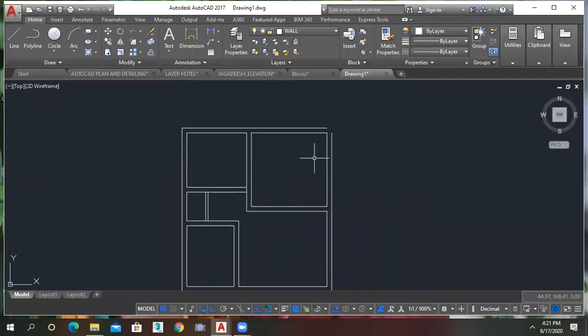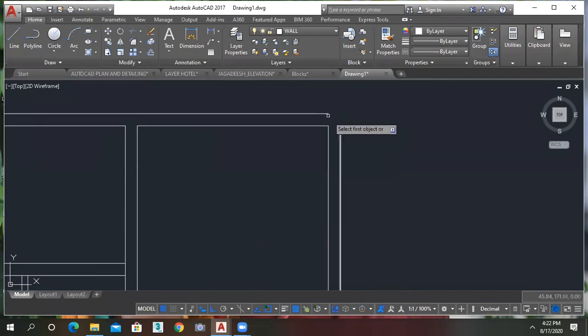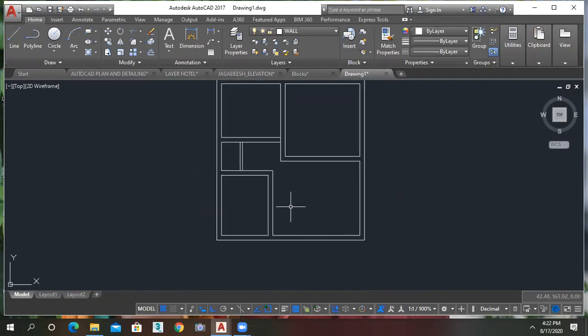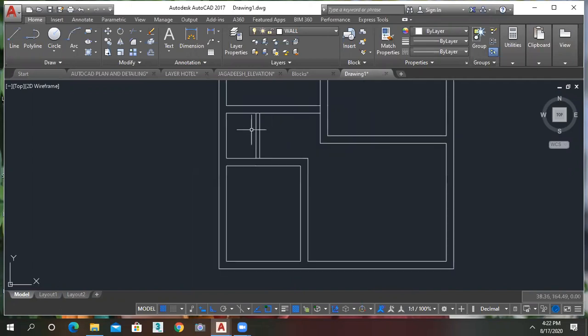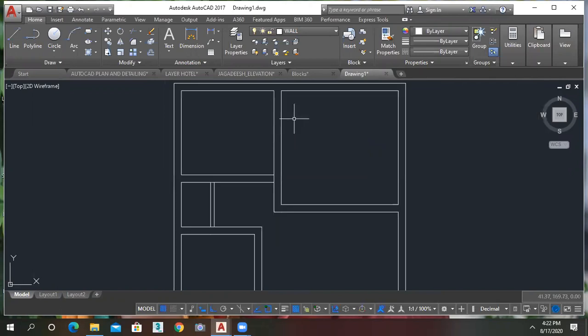Here also use the fillet and make it like this. So this is my kitchen, and this is my dining hall, and this is my living room, and this is my bedroom, and this is my toilet actually. So this is my plan.